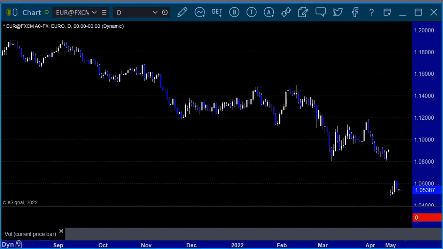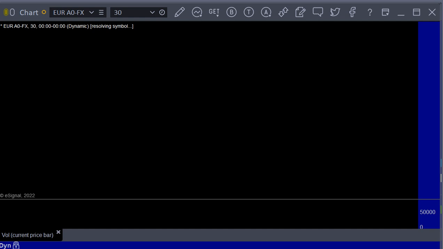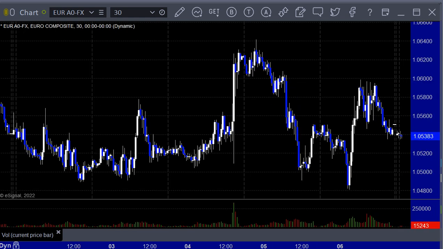Let's look at the intra week action here. So here's the euro dollar. I need to really look at this from the general symbol instead of the other one. So what you can see is high to low for the week is about 160 pips, and most of that was the Fed announcement up and back. Other than that, you're looking at maybe 80 pips for the entire week, which is not very interesting.